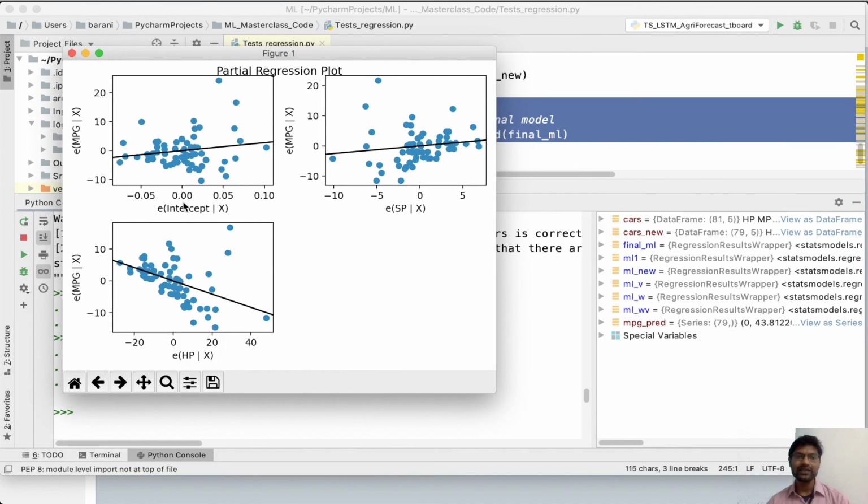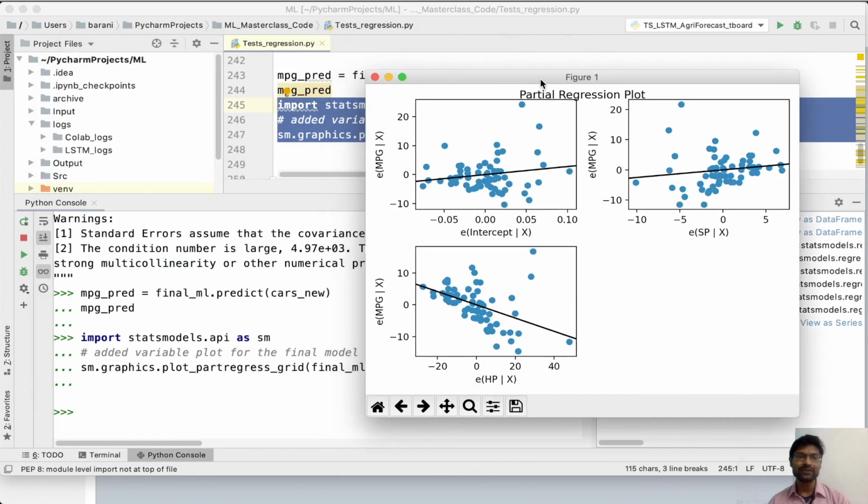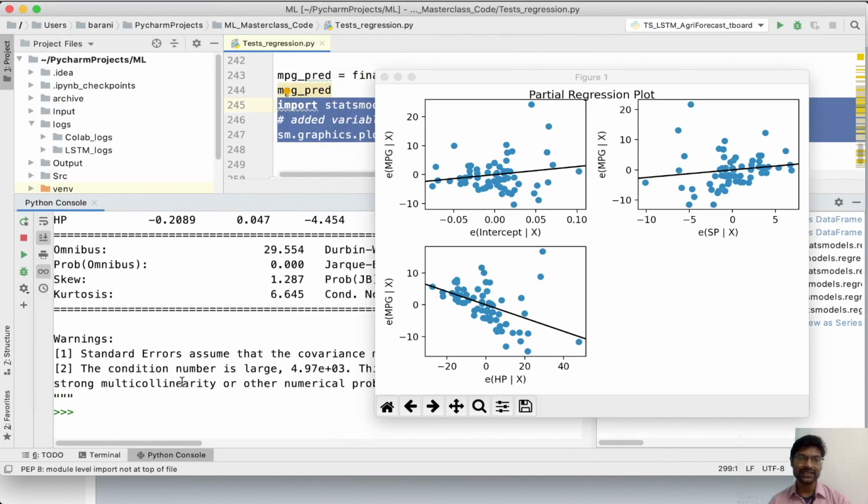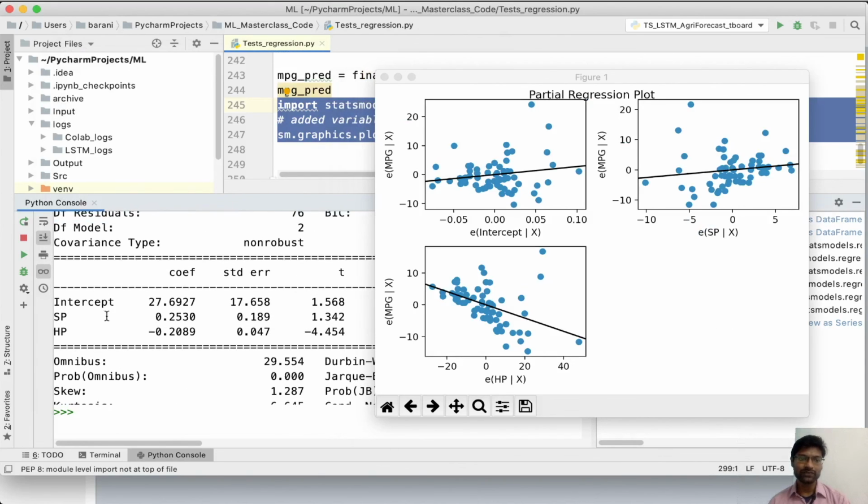So this is the intercept against mileage, speed against mileage, and horsepower against mileage. Only these three things are present inside our model, as we can observe from this table as well: intercept, speed, and horsepower. We are able to see the regression present with the help of the line. This is the data, and this is the best fit regression line that we have identified.